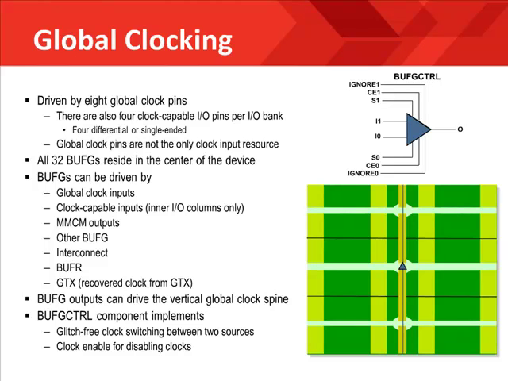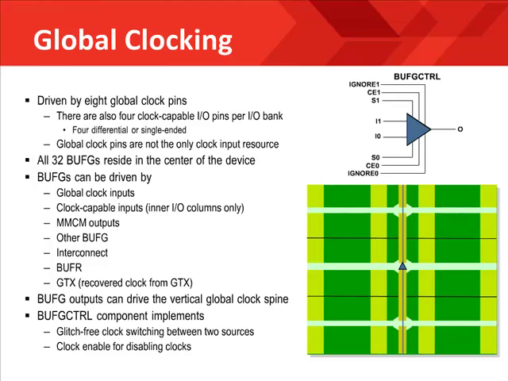The 32 clock buffers are placed on the die such that 16 are on top and 16 are on the bottom, but this only matters for certain connections to the buff-Gs. The 32 buff-Gs each drive 1 vertical spine of the global clock routing resources. To reduce the clock skew, they actually drive to the center of the top half and center of the bottom half before fanning out to the H clock rows. But like I said, the routing of the clocks is handled by the tools, so don't get too preoccupied by